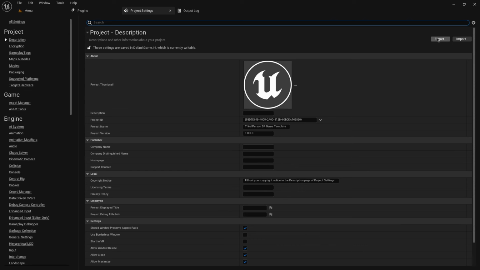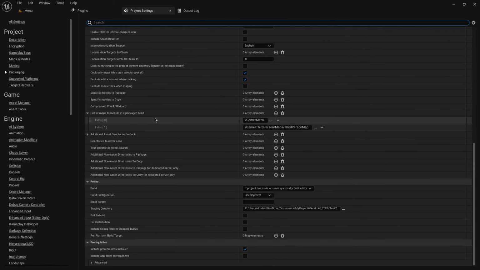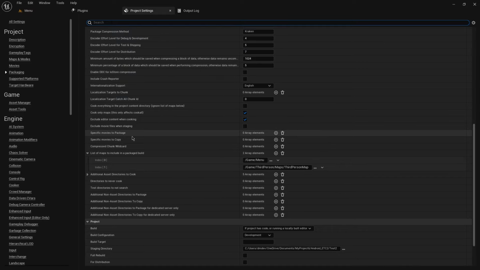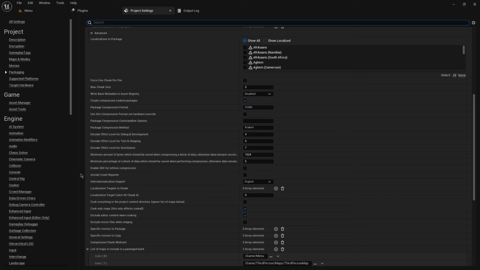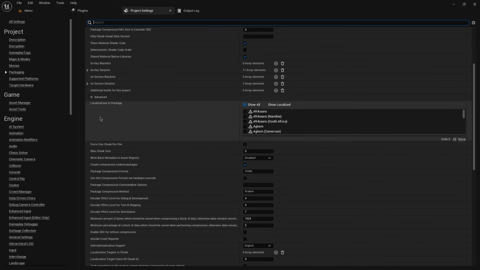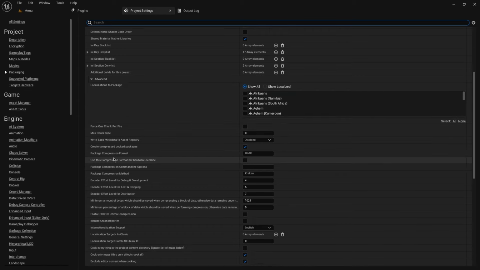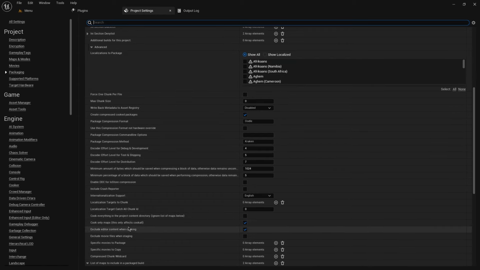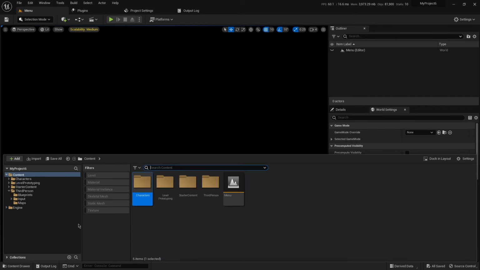Now let's go back to the project settings. Now let's time for test 3. Let's go to packaging. And if you are working with some old version of Unreal Engine, then you will find this option, create compressed packages. Yes, this should be enabled, so that basically you have a compressed packaging thing. Now when we have these and the size didn't decrease, let's go back to the menu and check